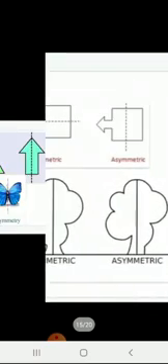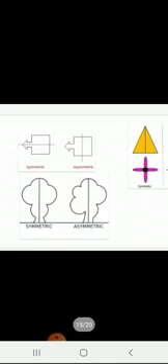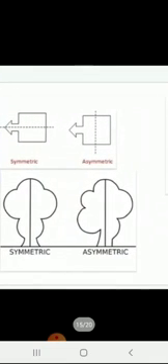Now let us see the difference between a symmetrical shape and an asymmetrical shape. For the same picture, we can find a symmetrical shape and an asymmetrical shape. Now see the bottle here. If I draw a vertical line, then we can find a symmetrical shape. If we draw a horizontal line, the two parts are not reflections of each other. The different shapes we are getting. So we will say it is an asymmetrical shape.